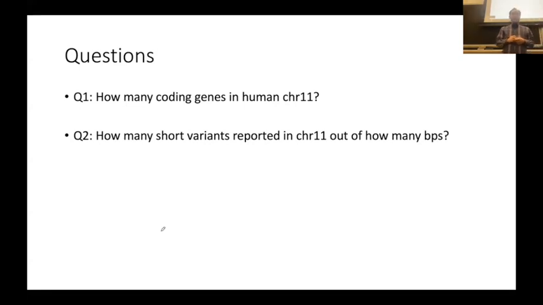How many coding genes are in human chromosome 11? You're probably tempted to use ChatGPT. But I want to have updated information. ChatGPT 2021 is the latest information, and that number is outdated. So I want you to provide the most updated coding gene numbers in human chromosome 11 with the reference. According to this reference, the number of coding genes are